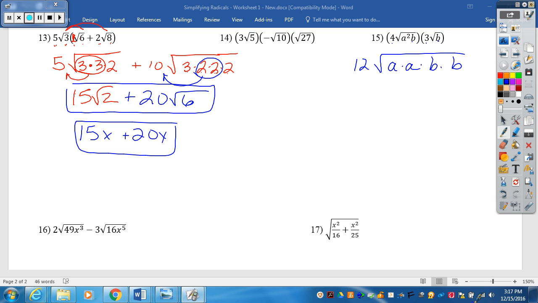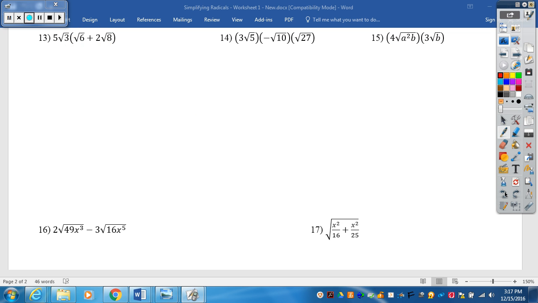Okay? Now, I hope you're starting to figure out what the final answer should be, because with the duplicate of a, that just comes out as a. The duplicate of b, that just comes out as b. So this is actually 12ab, and you're done. That's the simplified form. Notice again that 12 is multiplied by a and by b. The multiplication holds true whether it's under the radical or outside the radical. Okay? All right, now to finish things up, let's go to